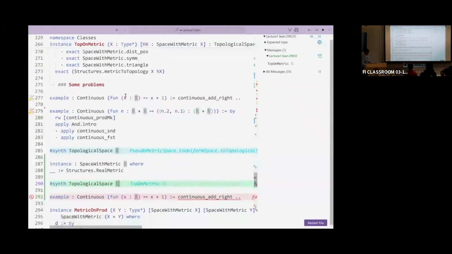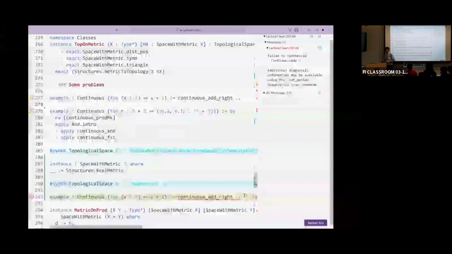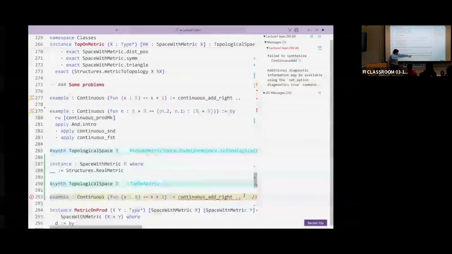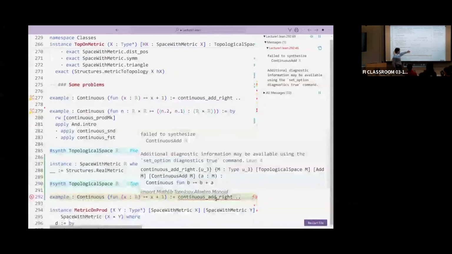And indeed, if you now try to prove that x goes to x plus 1 is continuous, this fails. And why does it fail? Although you don't see it immediately, even hovering over it, you don't see. It just says, this has to be a topological space with a continuous addition, then this is continuous.